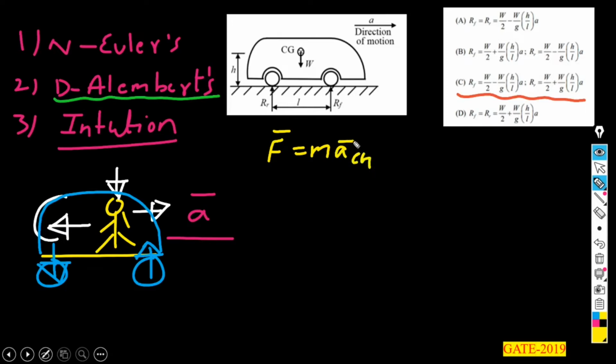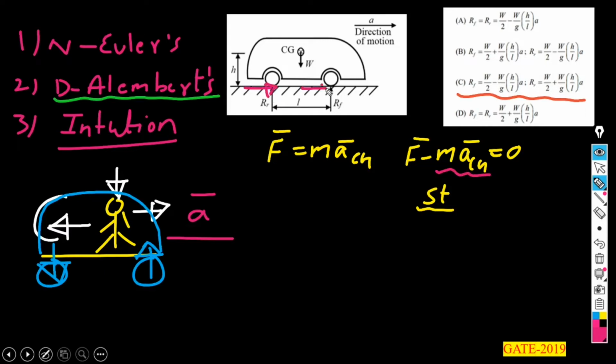We can bring mass times the acceleration of center of gravity onto the left hand side, then force minus mass times the acceleration of center of gravity is equal to 0, which is equivalent to the static problem, which is according to D'Alembert's principle. According to D'Alembert's principle, a dynamic problem can be converted into a static problem with the introduction of pseudo or inertial force. Let's apply the same principle in case of our problem.